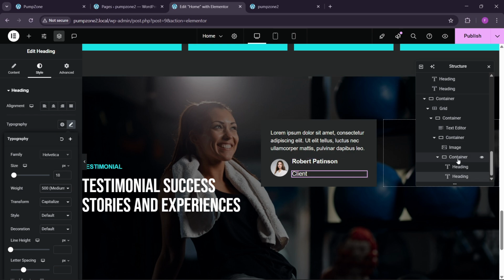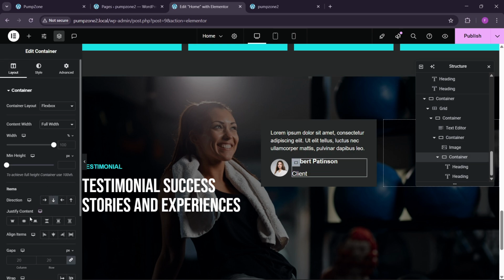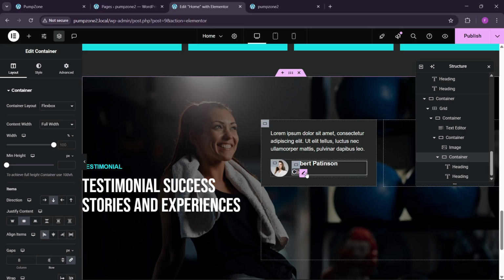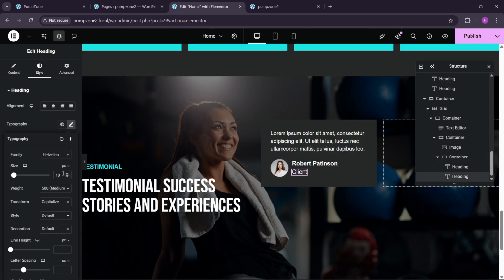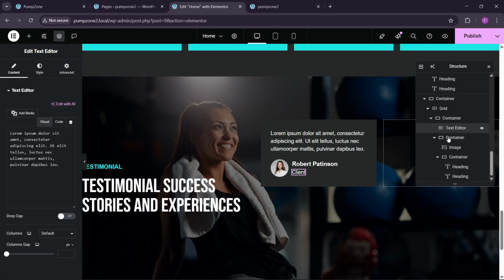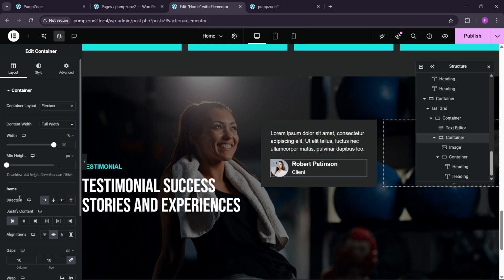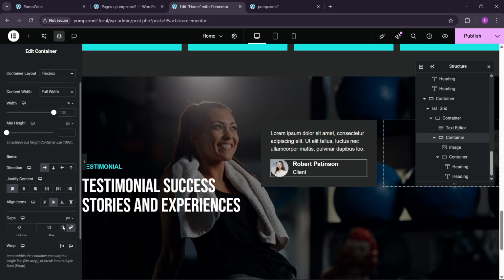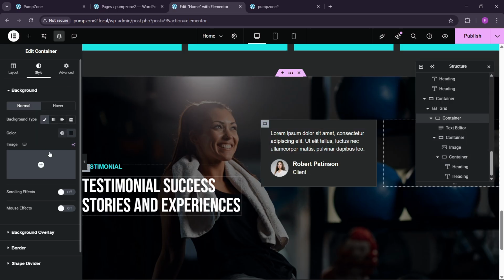Okay, and here we can have this, so we can use this 0. And here we can have this 2, and this would be 13 pixel. Okay, like this. So here we can have this container